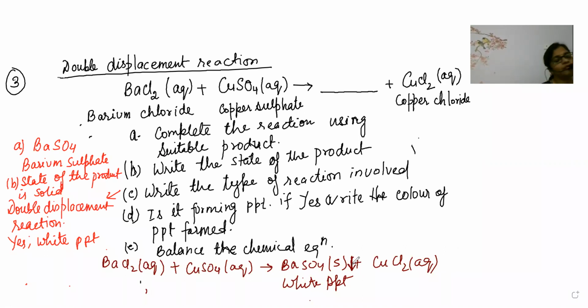So you don't have to write more. Just write BaCl2, as I told you, left side and right side. You just write that and see it is balanced, and then you write the equation. That will be the most suitable way of writing the answer. Fine. So let's prepare for the next question.